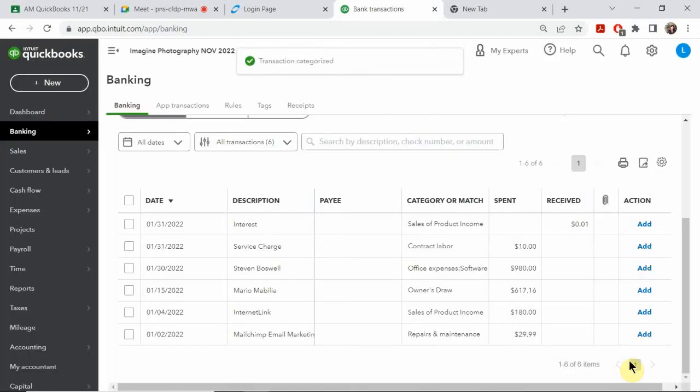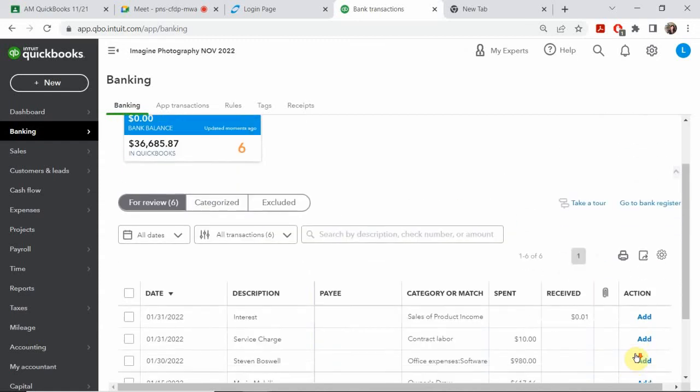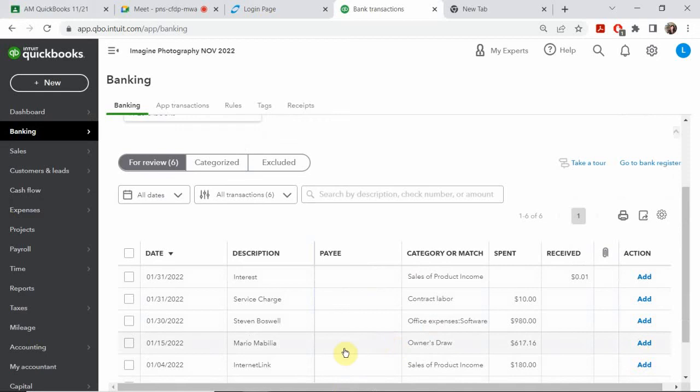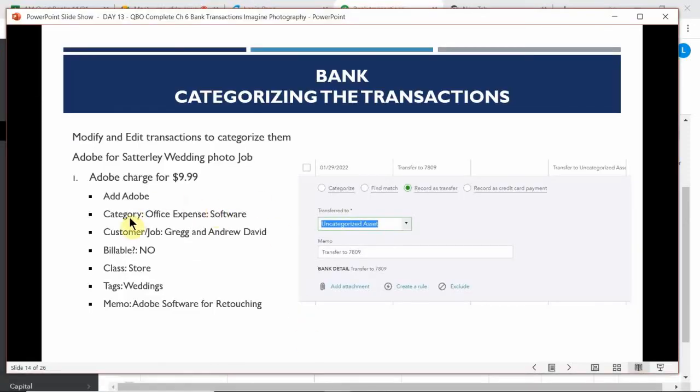So in this case, you do need to complete and clear out all of these transactions because this is going to be crucial for the next part, which is going to be doing the bank reconciliation. So let's keep going. Now that we got the Satterly Adobe wedding done,